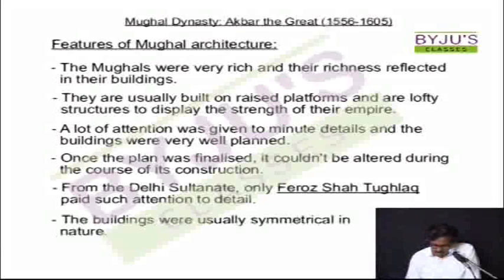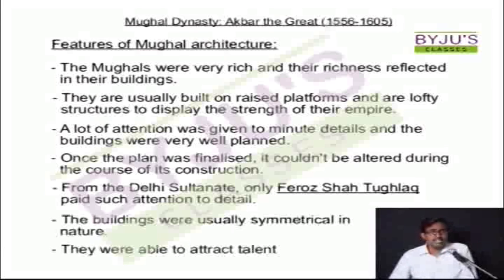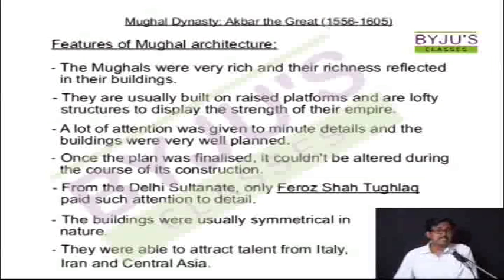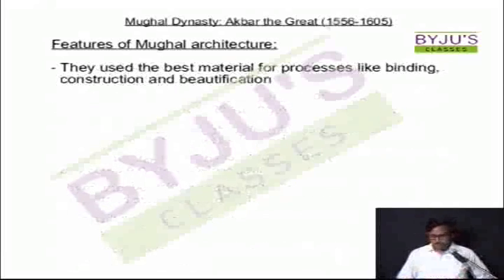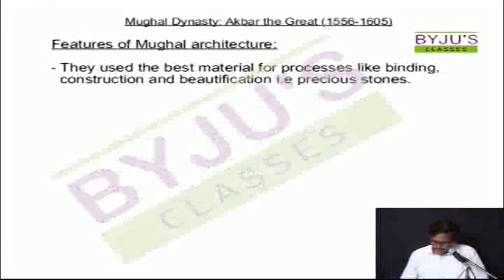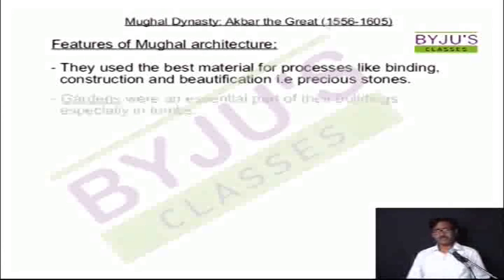Then the best brains were involved, and they invited people from different parts of the world, whether Italy or Iran or Central Asia. They used the best of materials, whether binding materials or construction materials or beautifications in the form of precious and semi-precious stones. Also, a garden was an essential part of their buildings, especially in their tombs, and that was very well